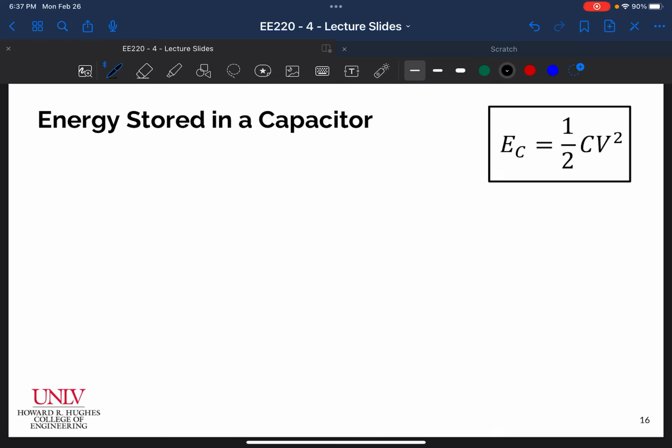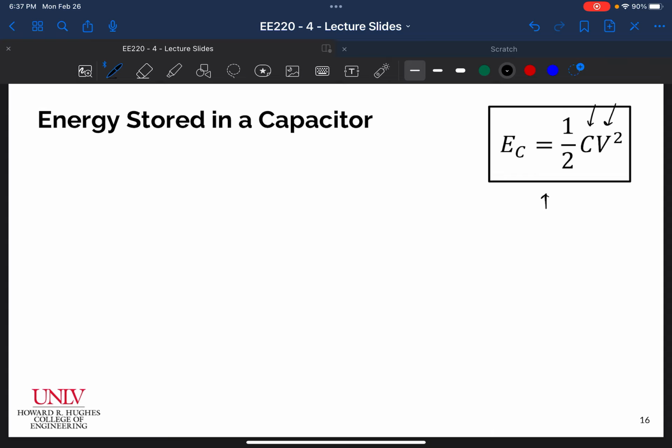Alrighty, so in this video, I'm going to talk about energy stored in a capacitor. Well, I'm actually not going to talk about it quite yet. I'll overview it real briefly. This is the expression that we use when we want to determine the amount of energy that's stored in a capacitor. It's just going to be 1/2 multiplied by the capacitance, and then multiplied by the voltage